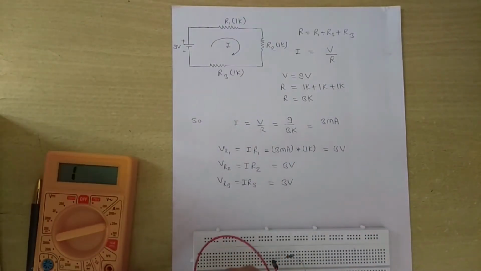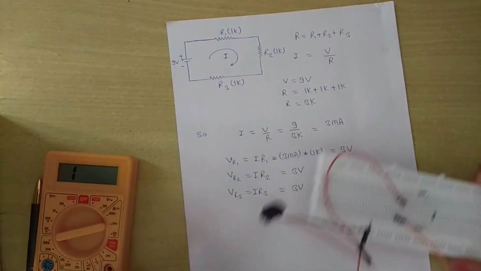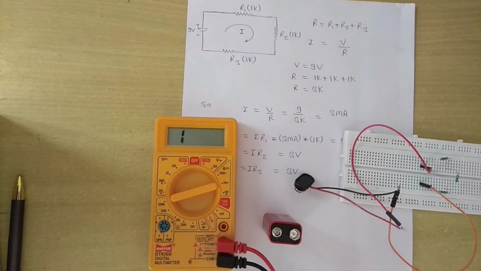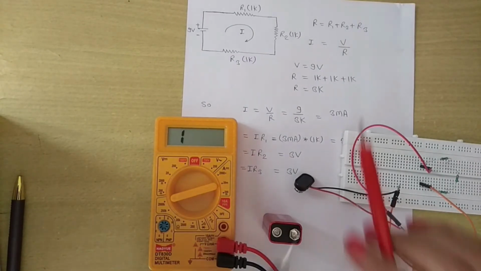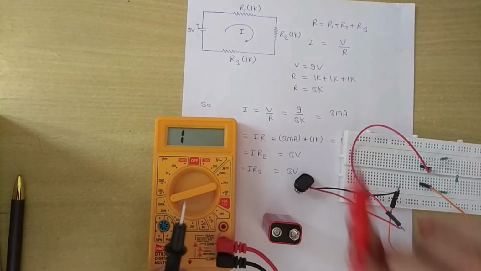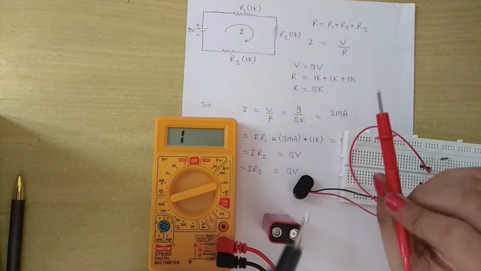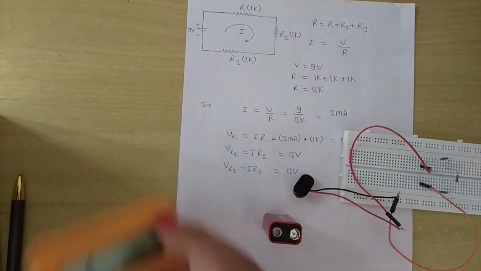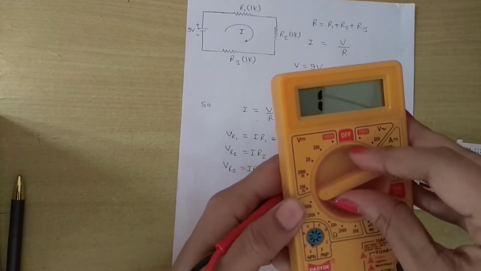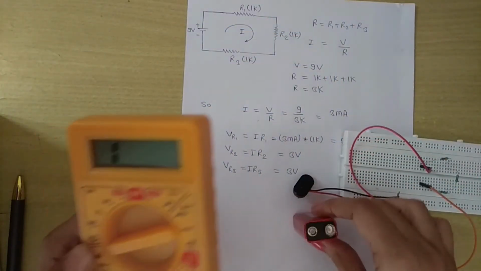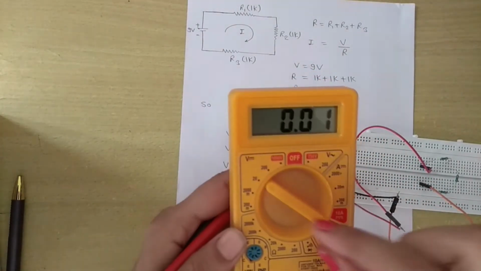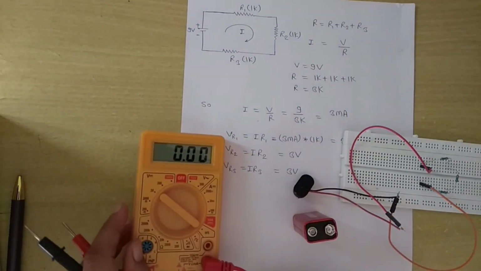So let us first check the voltage of the battery. We all know that we can measure voltage in parallel by placing these probes across the terminal where we want to measure the voltage. So red probe at the positive terminal and black probe at the negative terminal. First I will place the knob at the range where I want to measure voltage. My battery voltage is 9 volt, so it will not go above 20 volt. It is above 2 volt and below 20 volt, so I am placing this knob at the 20 volt range. Now I am measuring.